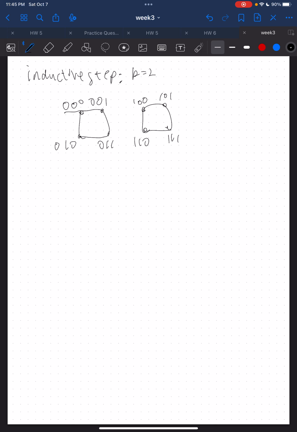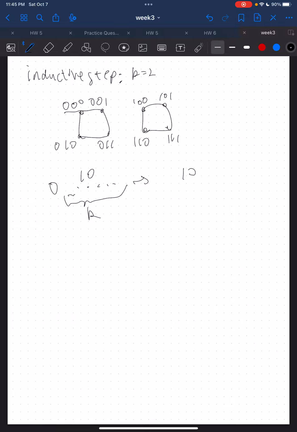So there's going to be 0 something something something, that's length k. This part is going to be length k. So for example, in this 2D case, it'll be 0 1 0, and then we're going to cross over to